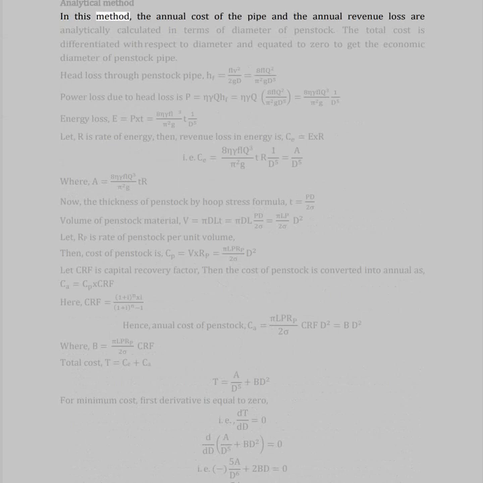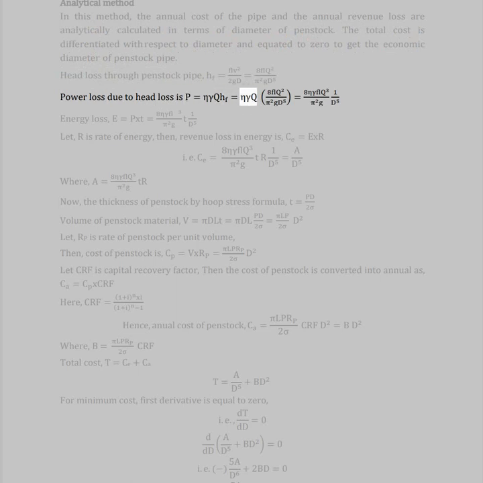Analytical method. In this method, the annual cost of the pipe and the annual revenue loss are analytically calculated in terms of diameter of penstock. The total cost is differentiated with respect to diameter and equated to 0 to get the economic diameter of penstock pipe. Head loss through penstock pipe, H equals